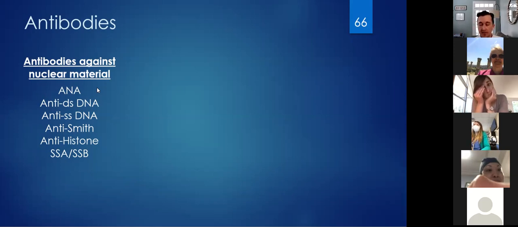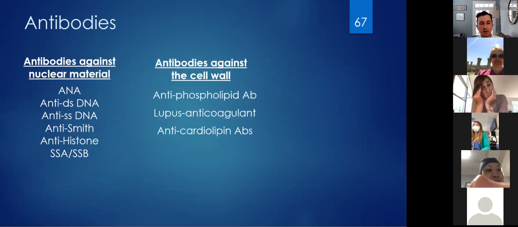These are just antibodies to different parts of the DNA, different parts of the genome, different parts of the other nuclear materials. Now, of course, we have other antibodies in lupus, and this too is related to inefficient apoptosis. So these antibodies here that we often check in antiphospholipid antibody syndrome are all antibodies formed against the cell wall. Remember, from biochemistry, the cell wall is made up of this double phospholipid layer. And in lupus, you just have antibodies toward that. These healthy molecules that should be consumed, lupus patients are forming antibodies to.